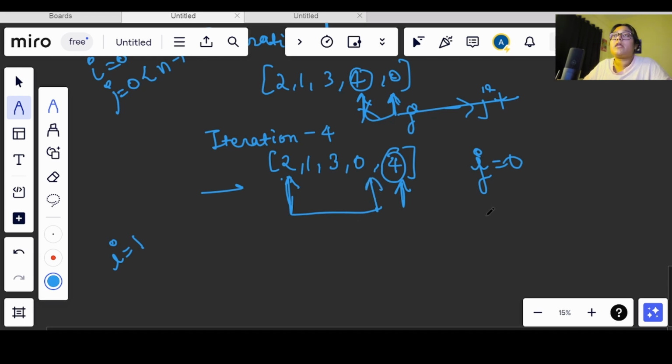So till where can we iterate in j so that we satisfy this condition? Let's say n equals 5 here. Genuinely I will be iterating till less than 4, in order to reach till here only. So 0 1 2 3, I will be iterating till 3, so I will be iterating till less than 4.